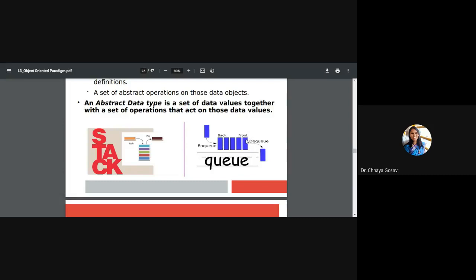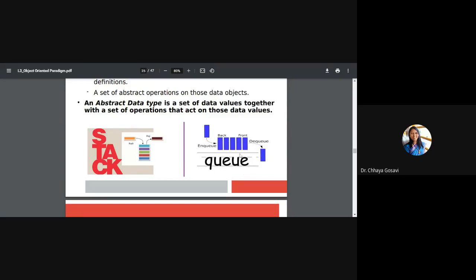There are two pointers in a queue, front and back. Adding an element into a queue is called enqueue, and removing an element from the queue is called dequeue. So you can add an element from the back end and you can remove an element from the front end. You can imagine you are standing in a queue. If you entered first, you can leave that queue first. So it is called FIFO, first in, first out, and stack is called LIFO, last in, first out.